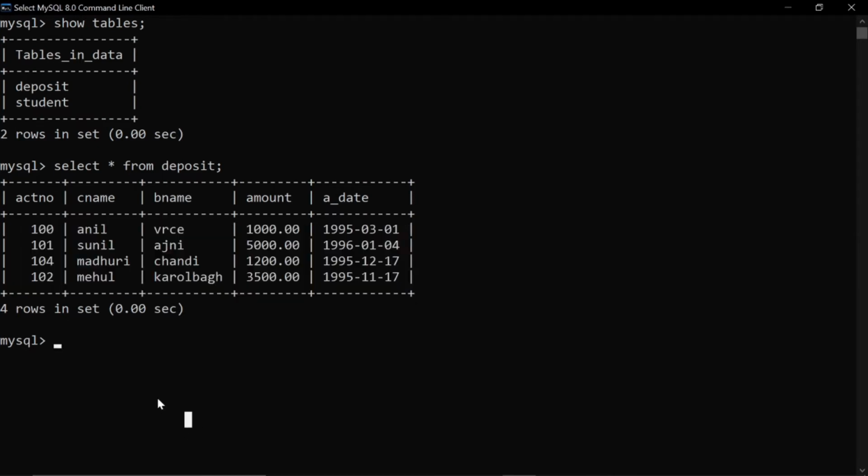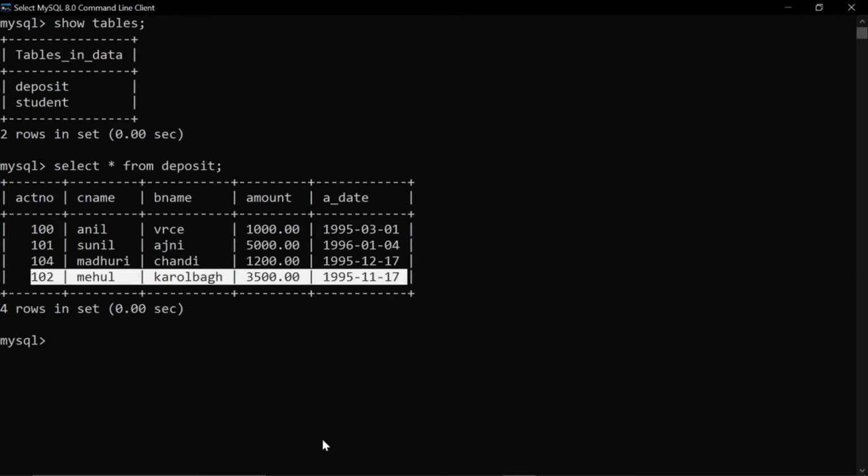And now suppose I want to delete a particular row whose account number is 102, as this account doesn't exist anymore. So how will we say it in sentence form? We'll say delete account number equals to 102 from deposit, right?